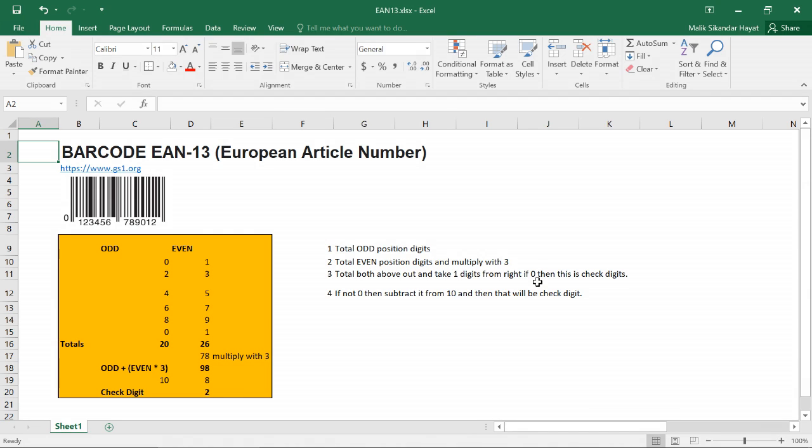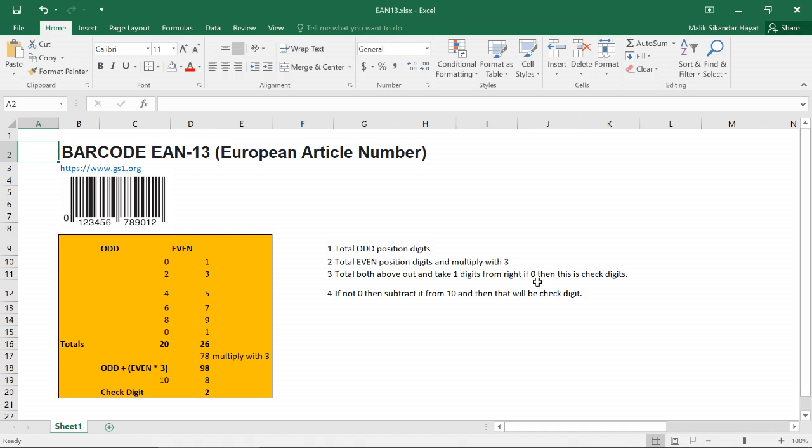Why I'm focusing on barcodes: barcodes are these days an essential part of every business. Without barcodes, I think it would be very difficult to do any business, to be honest.